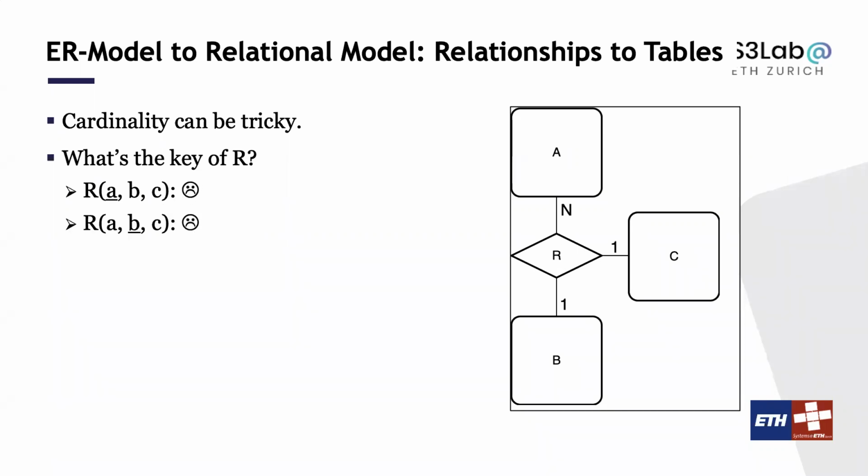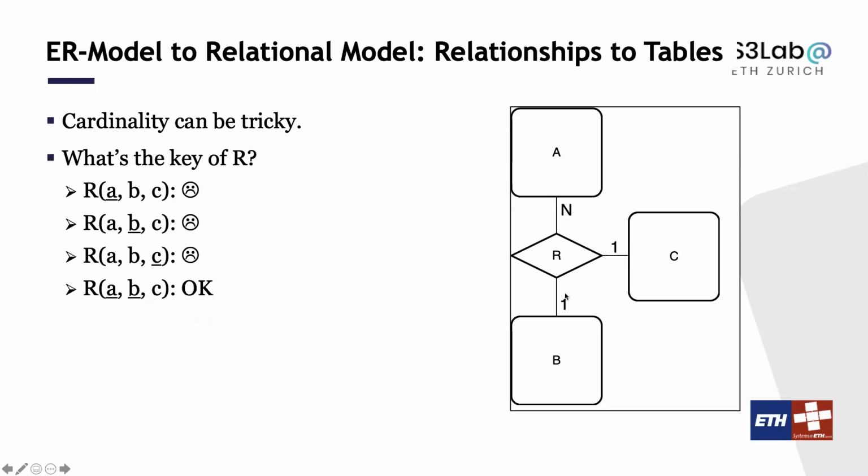Similarly, can I have B as the key? It's the same. From this ER diagram, you could potentially allow a database instance in which the same value of B participates in multiple relationships. So B itself is not a good thing to have. Similarly for C, because it's symmetric. So how about this? Can I have a relation R where my key is the combination of A and B? In this case, actually, it's fine, because from this ER diagram,